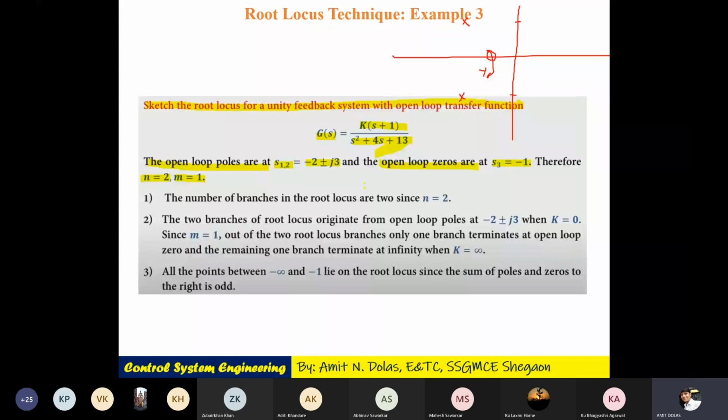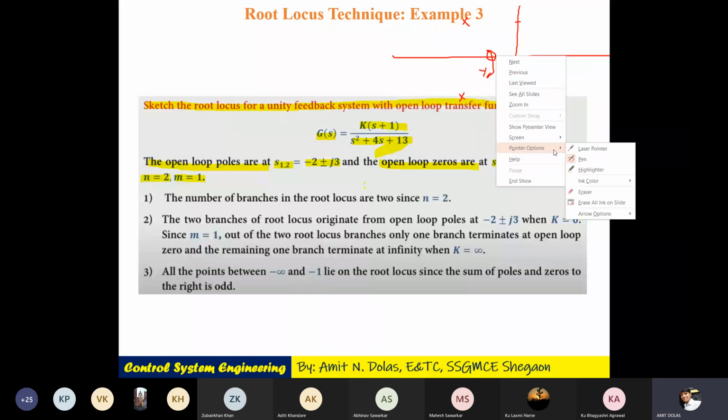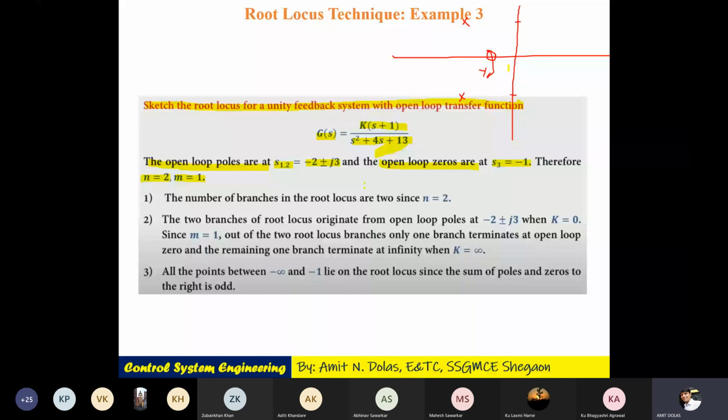So where are the root locus branches? If you see this line and use a test point on it, there are no roots on the right-hand side of this test point, no poles and no zeros. Then if you go to this line, from minus 2 to minus 1, and you count the poles and zeros on the right-hand side, there is 1 zero, which is again an odd number. And if it is an odd number, there is root locus here.